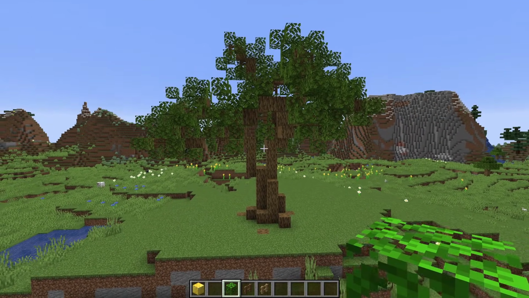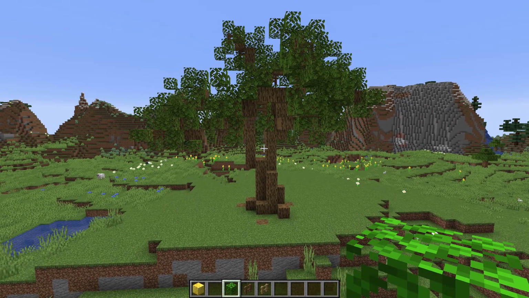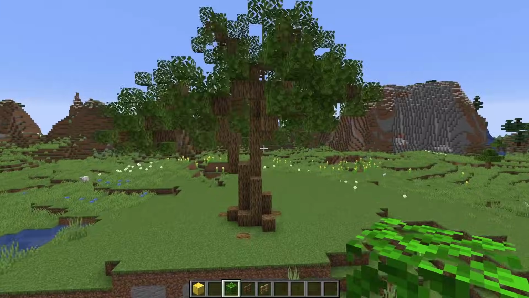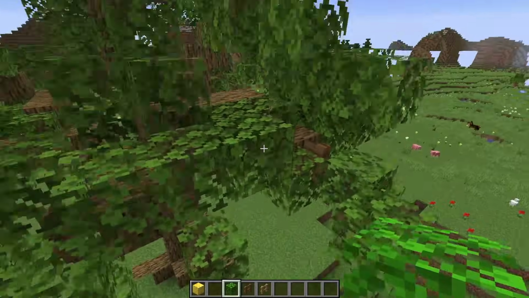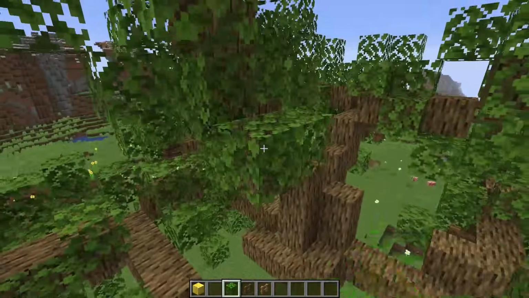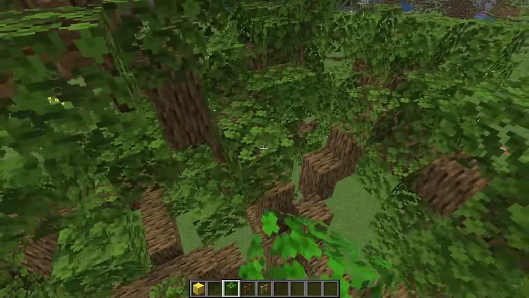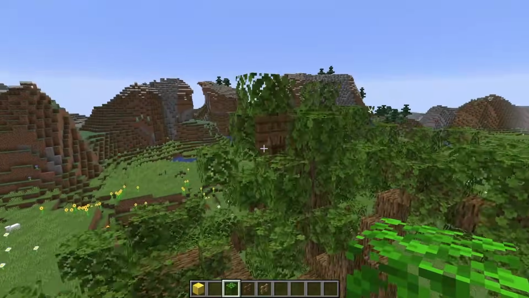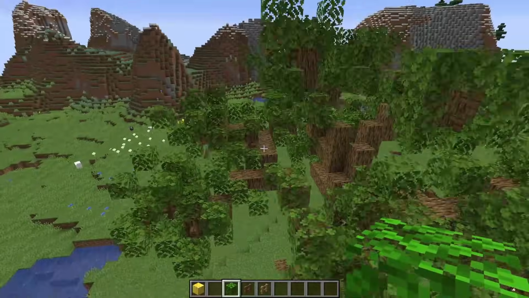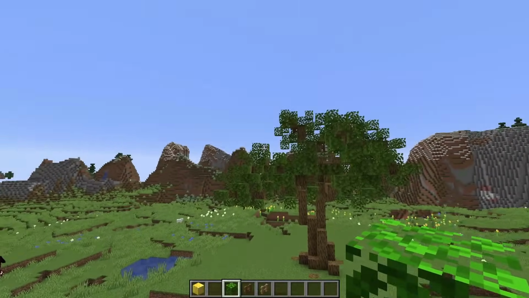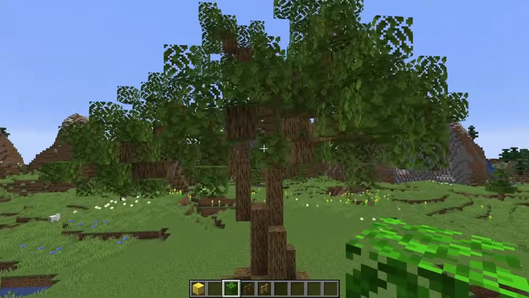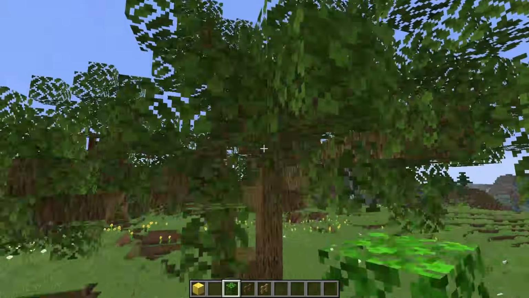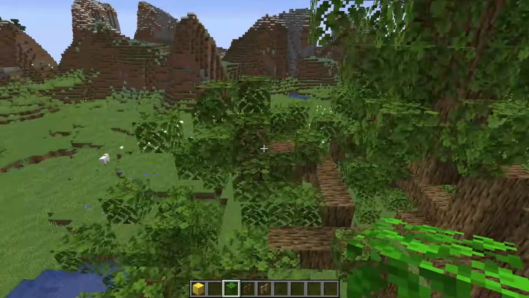Okay, now that those leaves are done, this is looking a lot better, but we still have a little bit more work to do. As you can see, there are still some blank spots, even though I went over the entire thing with leaves. So now what I'm going to do is just try to fluff it up a little bit by adding in lots of these extra leaves in places where it's missing, like right here. I want it to be sort of a round canopy without looking too mushroom-like. So I'm leaving lots and lots of gaps, but I am being careful not to do any floating leaves.